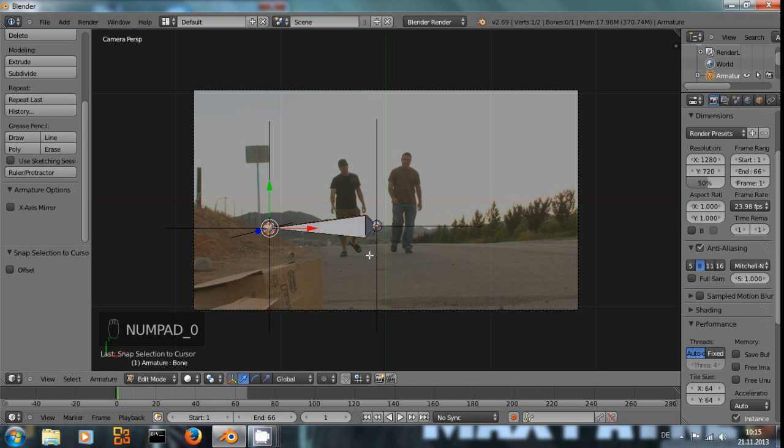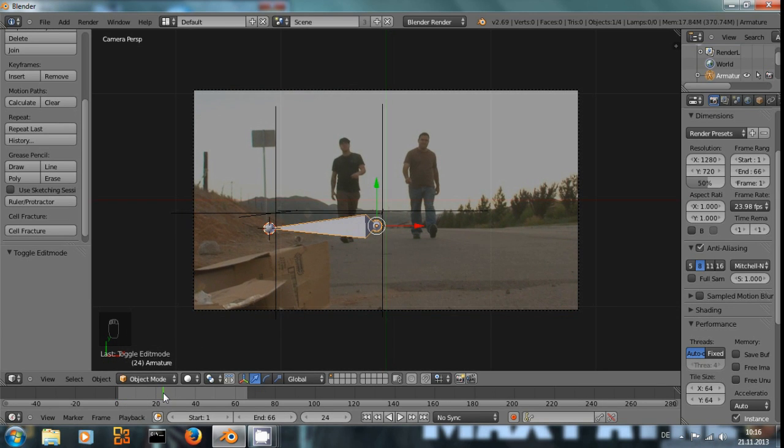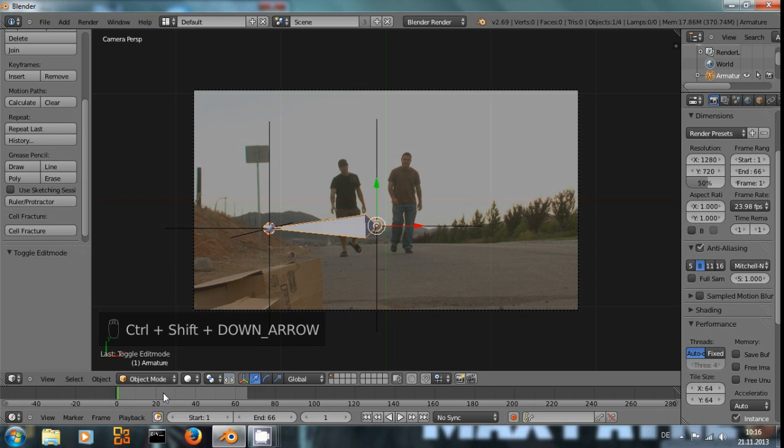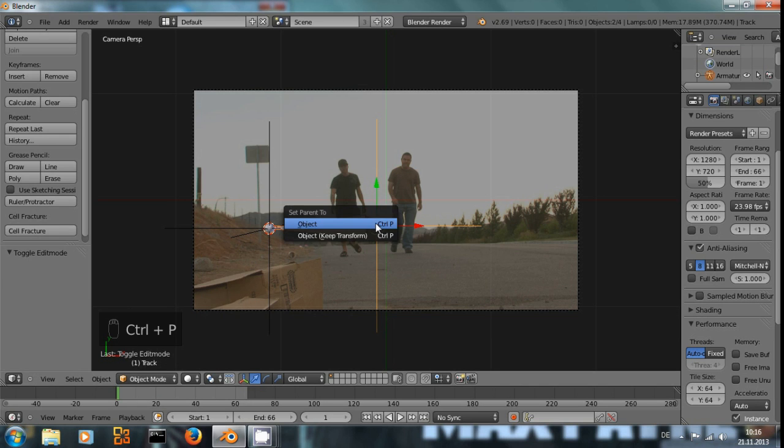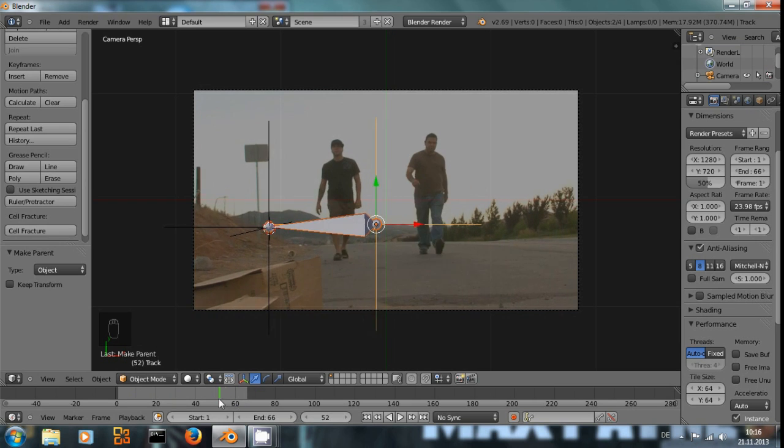And now in camera view we can see our bone is perfectly aligned with these 2 tracking points. But of course it isn't matched to the movement of them right now, so we select the bone, Shift right click on our tracking point, the tracking point at the base, press Control P and select object. Now the movement is matched, but